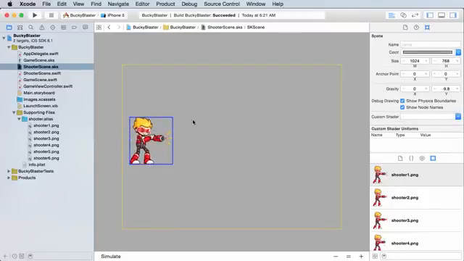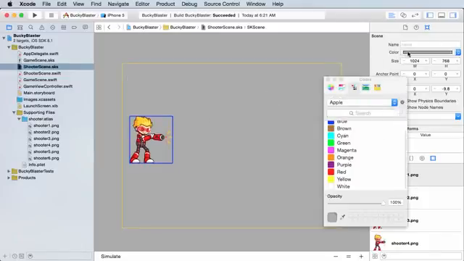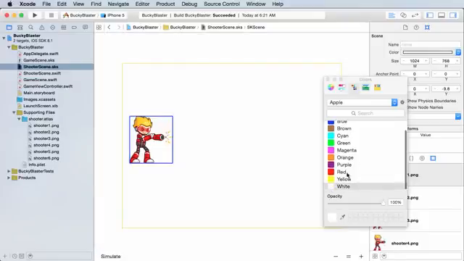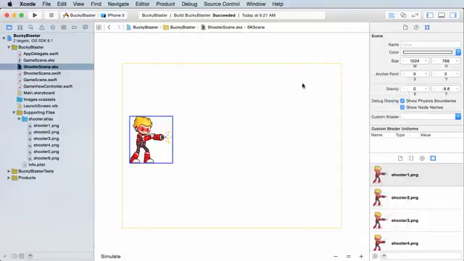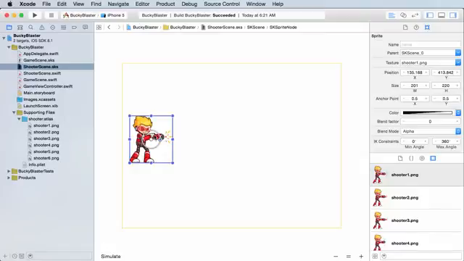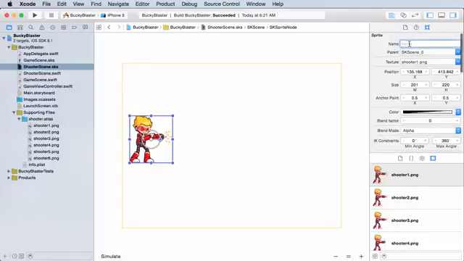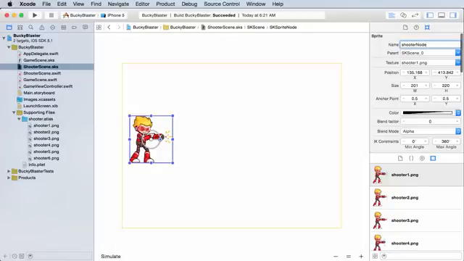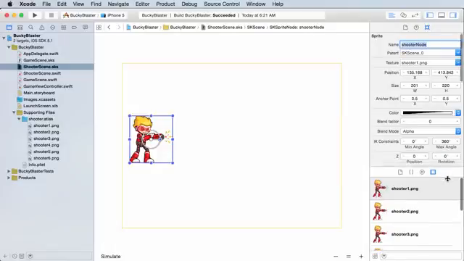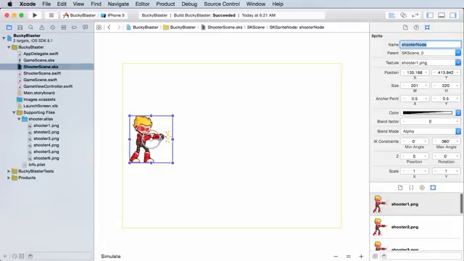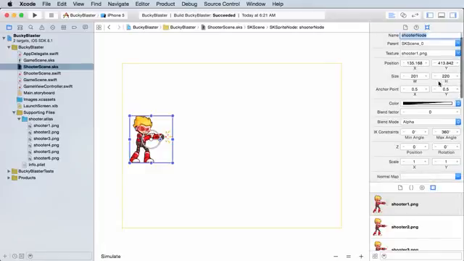Looking good, whatever. And I also want to change the background of this. So click anywhere on the scene, and I'm just going to make mine white. Everything else kind of annoys me. Alright, so anyways, that's just a little nuance. You don't actually have to do that. So select that object again, and from here what you need to do is go up to the name, and we want to give it a name so we can reference it, and I'll just name it shooter node. Hit enter, and also what I want to do is I want to scroll down to